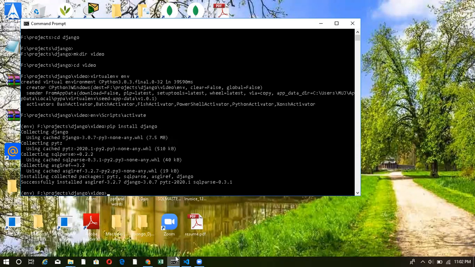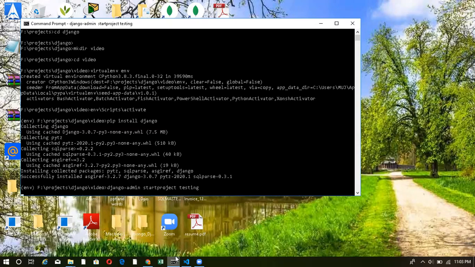Now, second thing, I have to create a Django project. To start my Django, I have to create my Django project. I can create my Django project using django-admin, then the command startproject, and then I have to give a name to my project. So let me name it startproject testing.